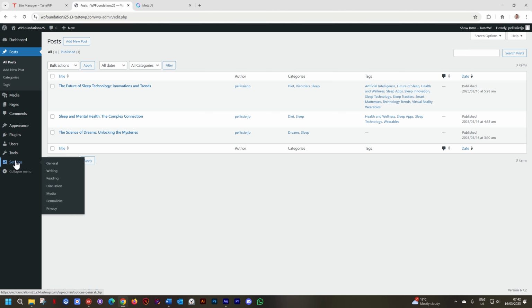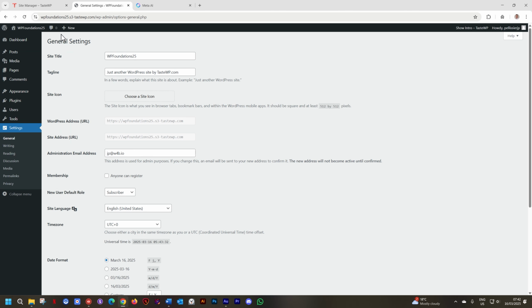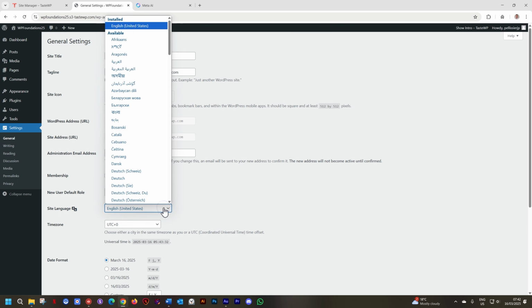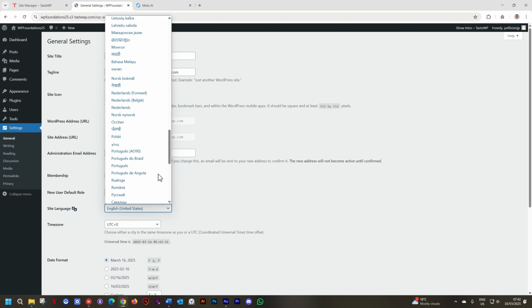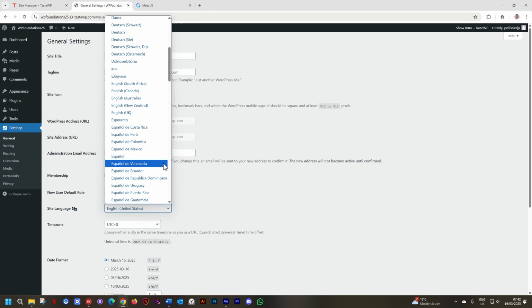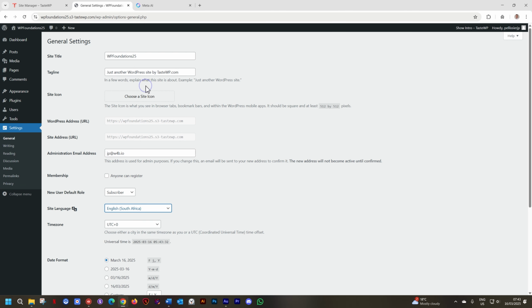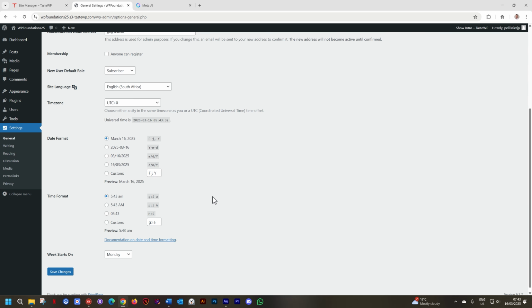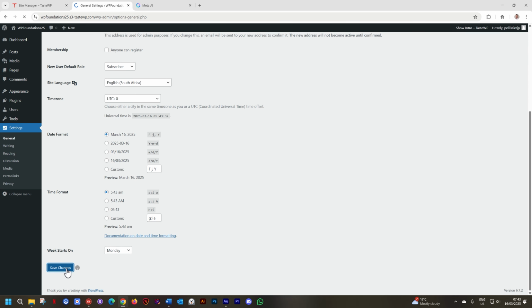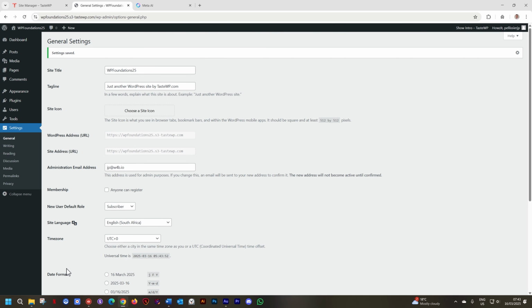Go to Settings, select General. Scroll down a little bit, and you'll find Site Language. Currently, it's set to English United States, and all the languages of the world appear here. I'll scroll up, I'll find English South Africa, select, and once you've done that, go to Save Changes. Now my site will have the English South Africa user interface,